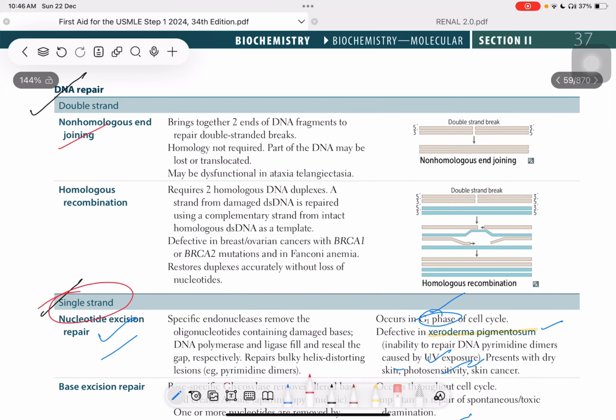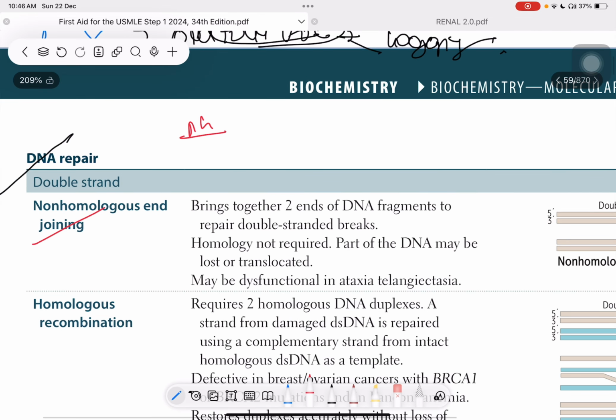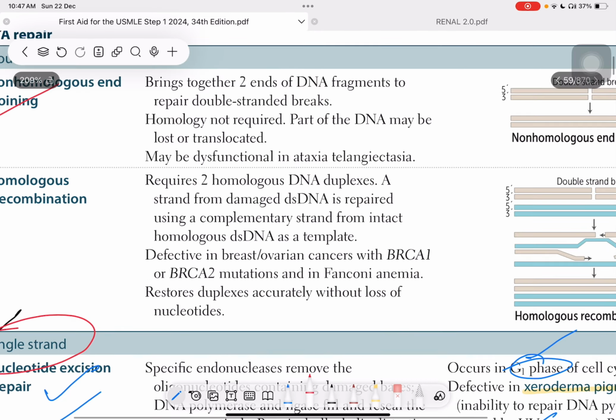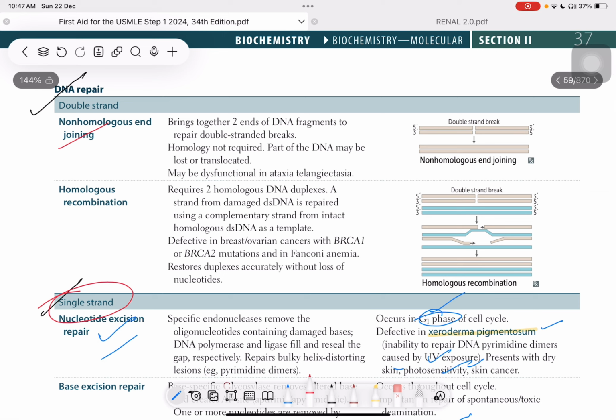Once your phosphodiesterase bonds have been broken, first I'm telling the basics, then we will move forward to all this that is given over here. Once you have a break in phosphodiesterase bonds, you can repair it by two mechanisms. One is non-homologous end joining, the other is homologous recombination. That's the basic. Now we will go into non-homologous end joining and homologous recombination. Non-homologous end joining brings together two ends of DNA fragments to repair double strand breaks. Homology is not required. Part of DNA may be translocated, may be dysfunctional